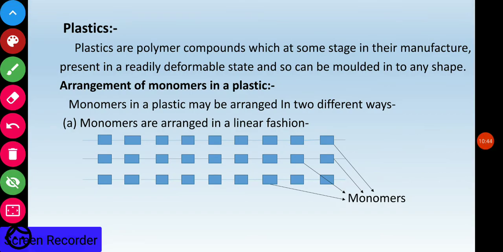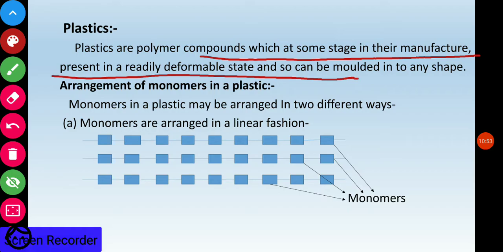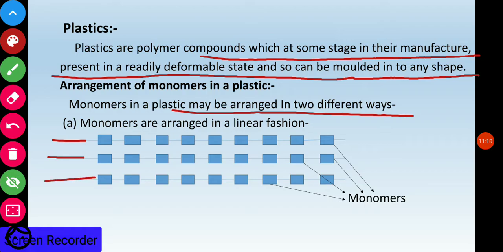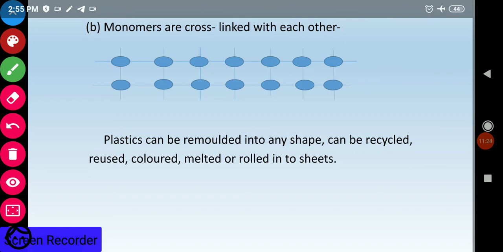Now plastic. Plastics are polymer compounds which at some stage in their manufacture are in a deformable state and so can be molded into any shape. Monomers in a plastic may be arranged in two different ways, either in a straight line, and these are the monomers, or single bricks you can say, all arranged in a linear fashion along a line only, or they can be arranged in a zigzag